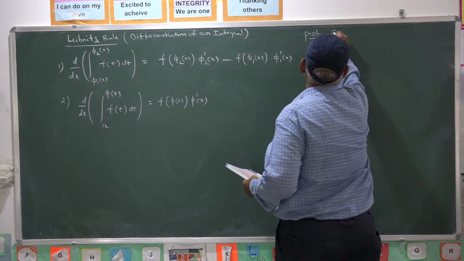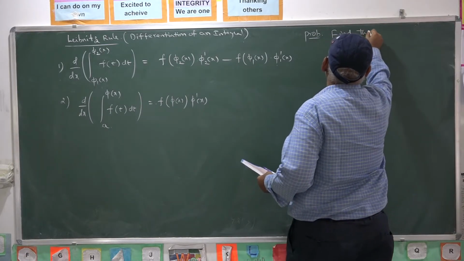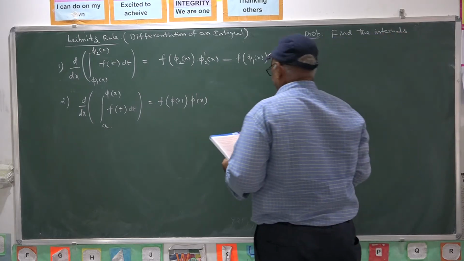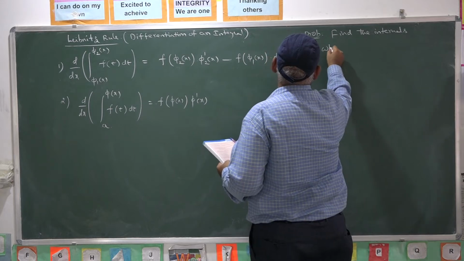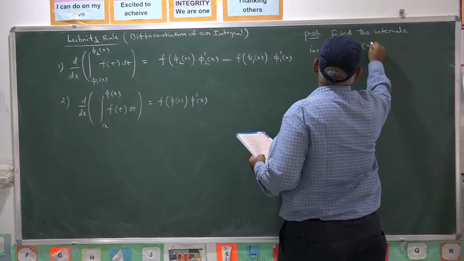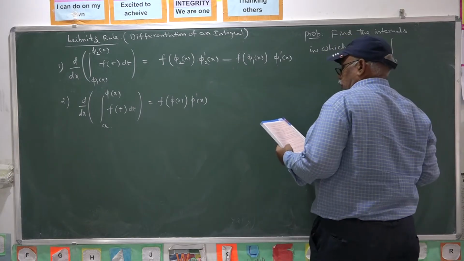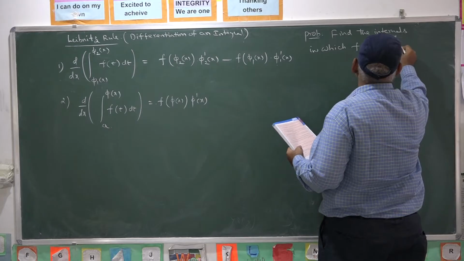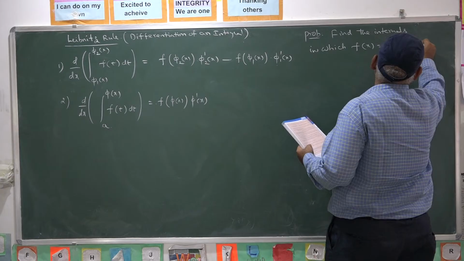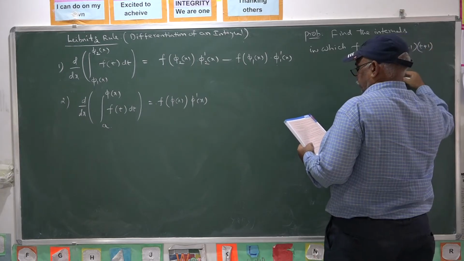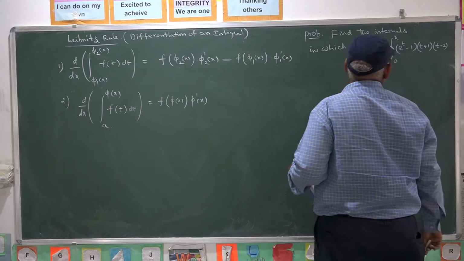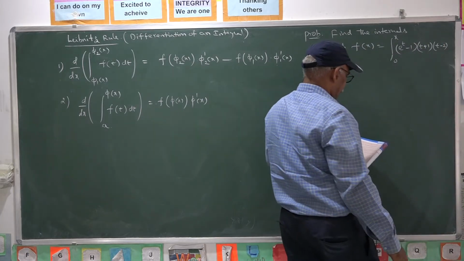Find the intervals in which f(x) equal to the integral from 0 to x of e power t minus 1 into t plus 1 into t minus 2 into t plus 4